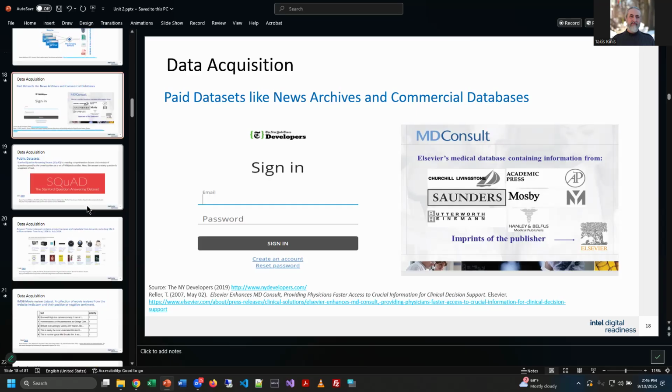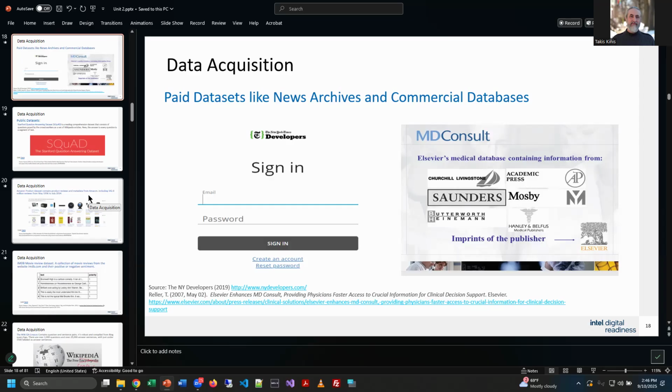Now, what a lot of people do, though, is they need quality information to do their builds of whatever they're building. And there are places where you can pay for your data sets, and they have a couple of different links here. For example, if I wanted to access a medical database, where they have the results of patient tests and medications and things like that, real valid scientific data gathered by real valid professionals, right? Well, you can often access that information, but the people that hold the data will probably charge you money for it, right? So it's not free.